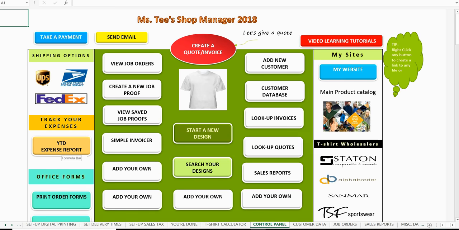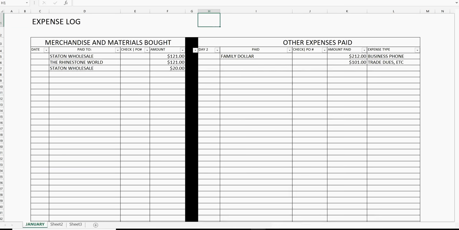I did include the year-to-date expense report. So if you click that, that'll take you to your materials that you buy, which this area would be for t-shirts and things like that, materials that you use to make your t-shirts, even your t-shirts. This other area is for expenses. So I've got little drop downs here in the little gray areas. These are different companies that I use. If you want to edit those companies, you can go here to,